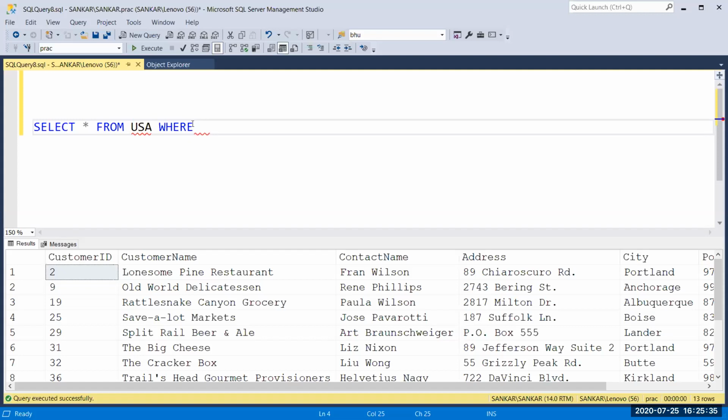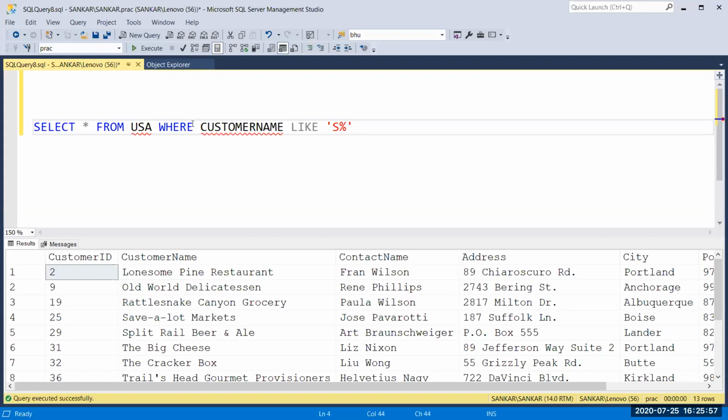So I'm going to do customer name like, and here you have to give a percentage symbol and just put S, if you want names to start with S, you have to give it like this.